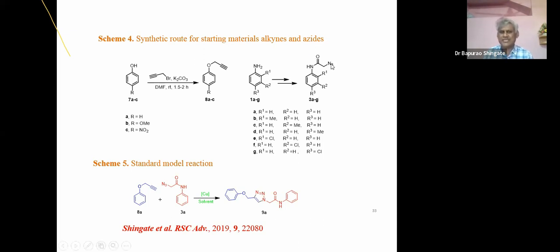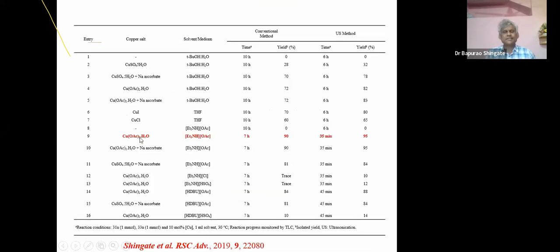azidoacetamides. See, these azidoacetamides, we have just changed the azide part, and we have kept this particular alkyne part constant, to see the effect on the different types of properties, therapeutic properties on this structure. Accordingly, we have optimized the reaction conditions by using different copper catalysts, and we got excellent results by using copper acetate, in presence of